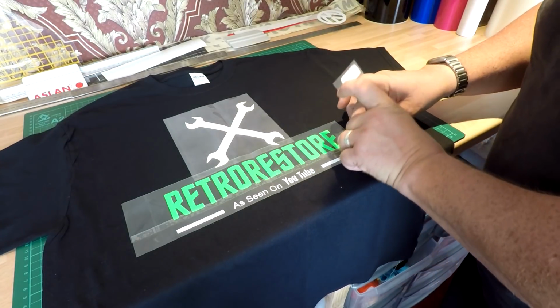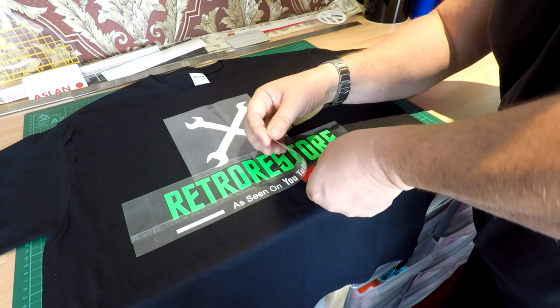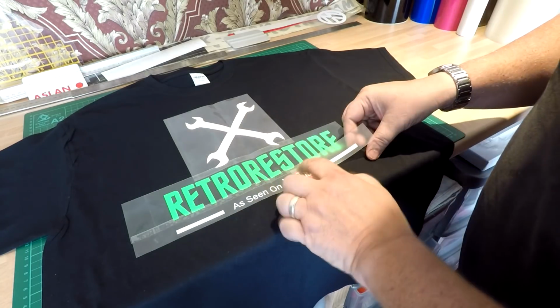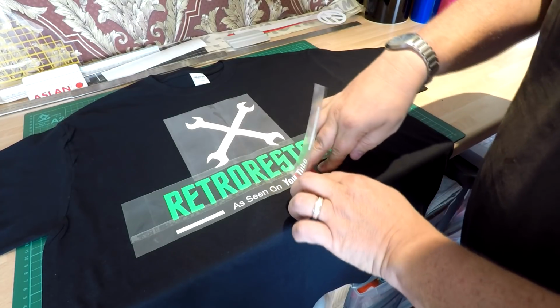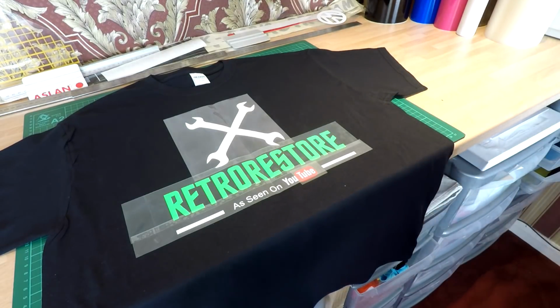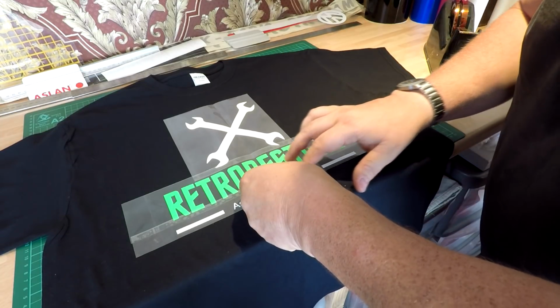So all I do there is just literally lift this back off, slide that underneath, and then position it in the right place. This one is literally eyed up. There we go. So literally lift. That one is now in place underneath, and I've got to cut this word tube because that's got to go on again afterwards. So all I'll do there is get my heat tape,